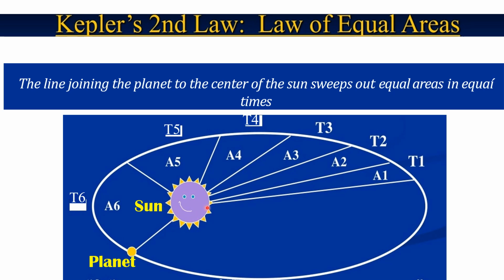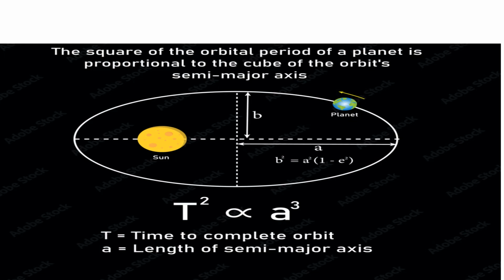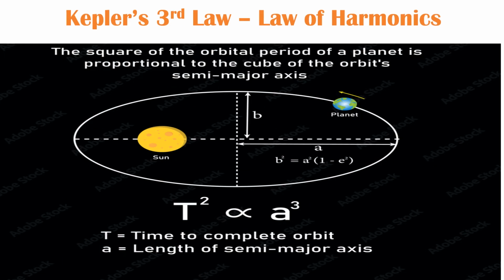And here is the position of the sun, and the planets will be revolving around the sun in elliptical orbits, and the area covered by them is taken as A1, A2, A3 at different time periods. So A1 is equal to A2 is equal to A3, and that is Kepler's second law, which says that the line joining the planet to the center of the sun sweeps out equal areas in equal intervals of time. And coming to Kepler's third law, the law of harmonics, the square of the orbital period of a